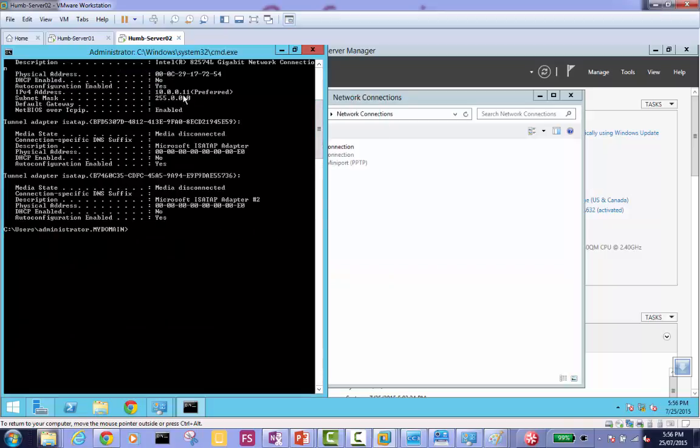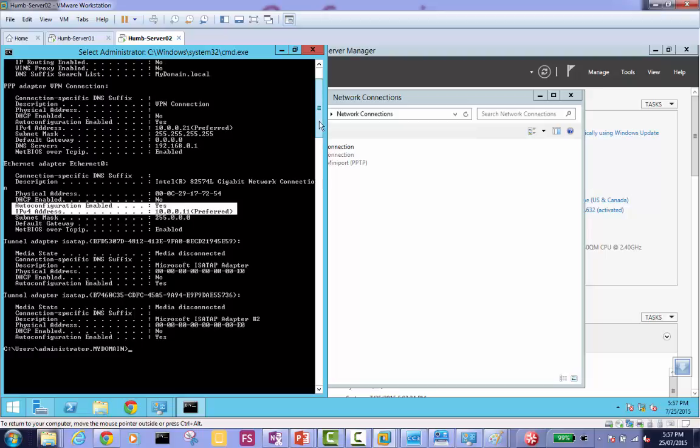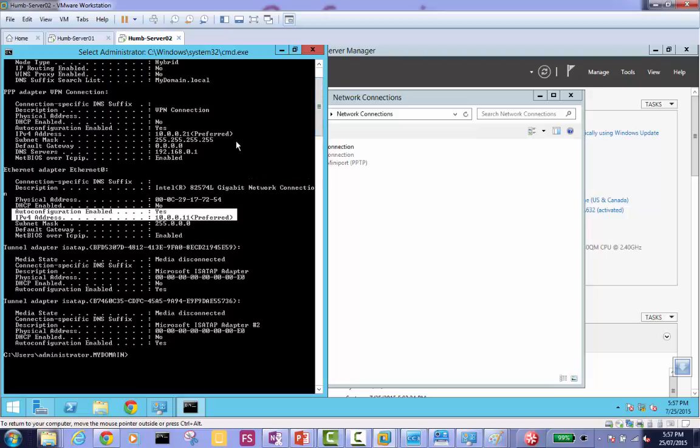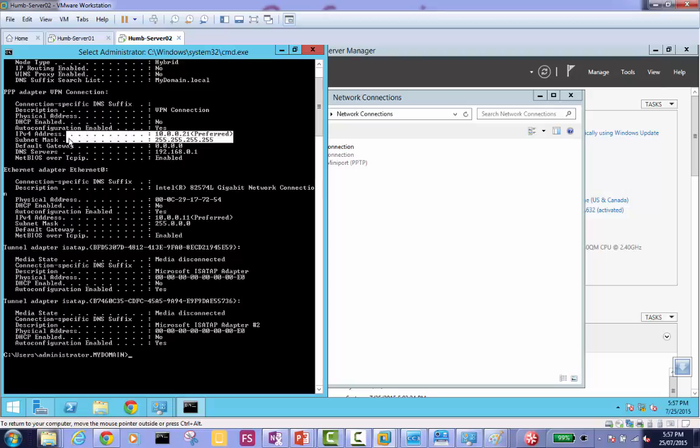So let's go there. Okay, if I mark this, 11 is my IP showing here, and if I go a little up, there is that 21. And that is coming from the VPN connection, right? So it says that you have been connected through VPN. You must have 2 IP addresses. The first is the local IP address that lets you connect to the network. The second is connecting you to your network resources.